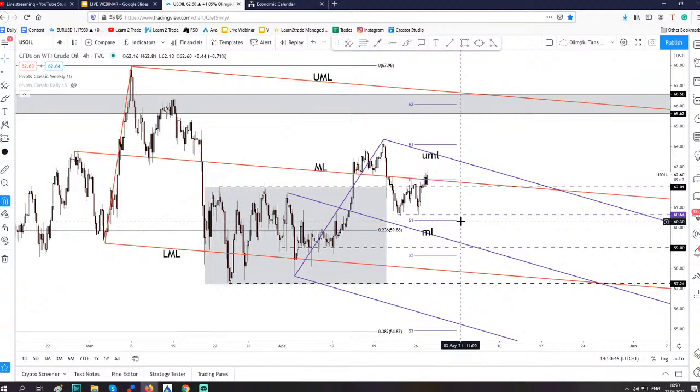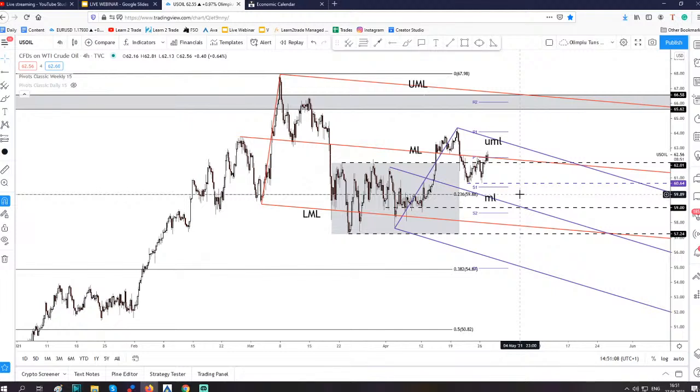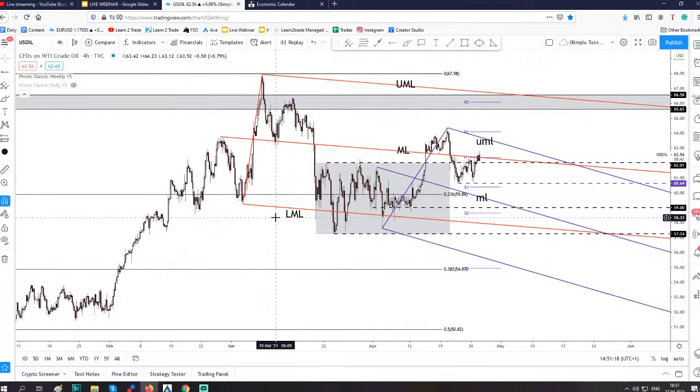So the price has decreased, and if it fails to stabilize right above the weekly pivot below the medium line, it could jump higher. And as we already know here, the price failed to stabilize right below the 23.6 retracement level. It has invalidated a potential deeper drop, a potential larger correction, so the bias is bullish here on the US oil. And if the US dollar drops in the short term, if it continues to drop versus the other major currencies, then the US oil could jump higher, could resume its growth. Okay,